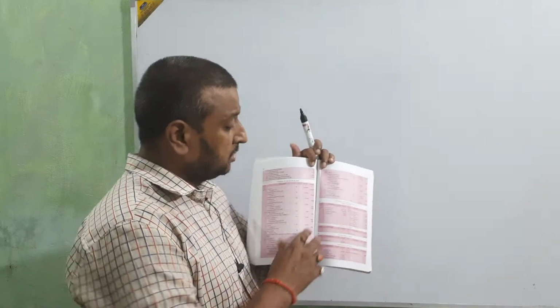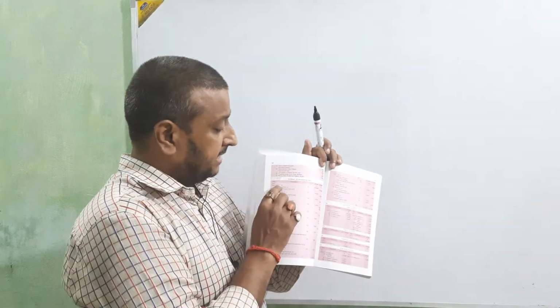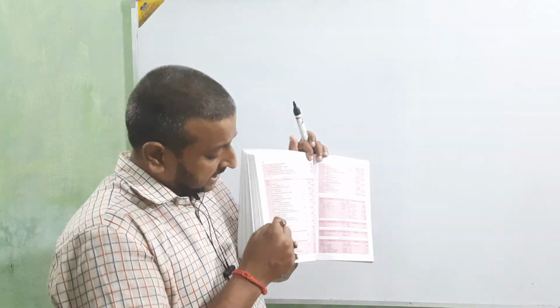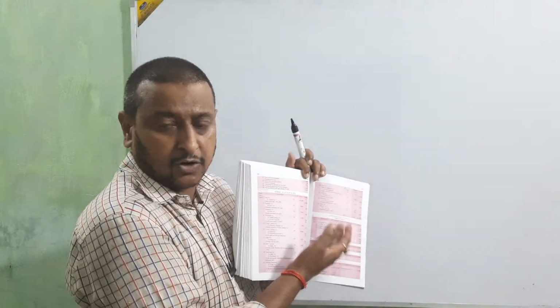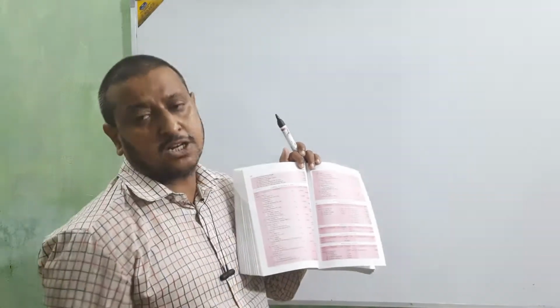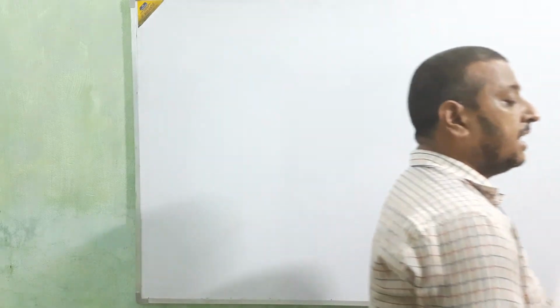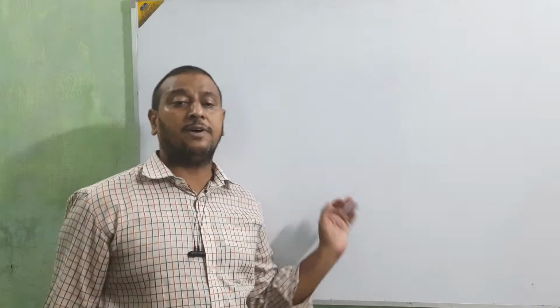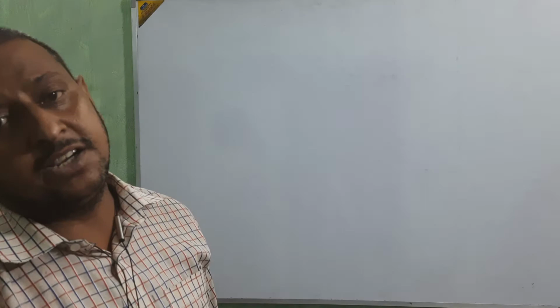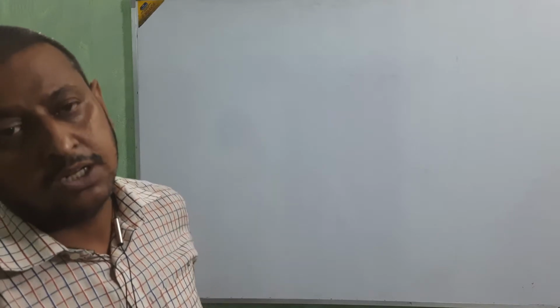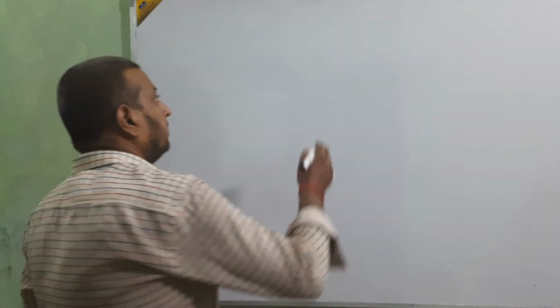Okay, clear, beta? If we are going to make the cash account, then see all the entries in which cash is coming; those entries are transferred to the cash account. If cash is not coming, then the entry is not transferred to the cash account because it is not related to it. Clear, beta? If you have 4 or 5 entries and one entry is not related to the same account, then we are not going to transfer that entry to the cash book or other account. Okay, I am going to make the cash account.